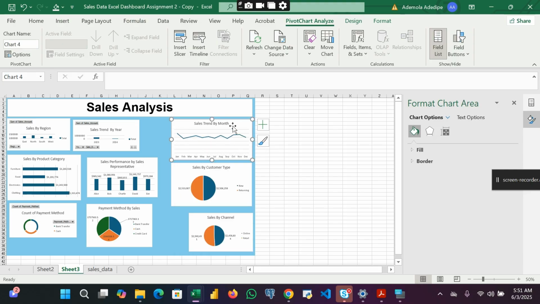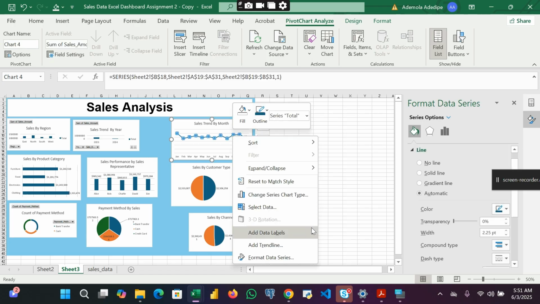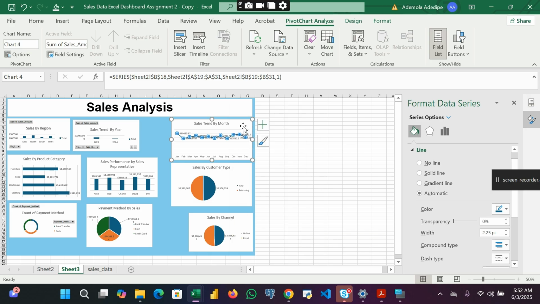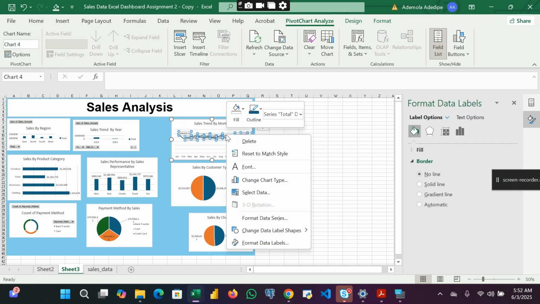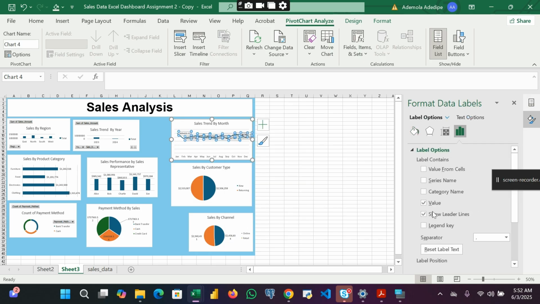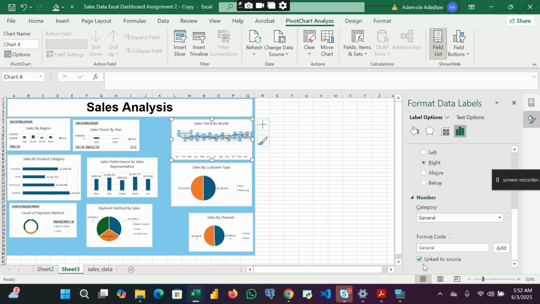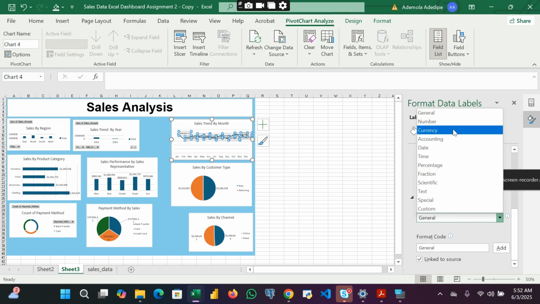I don't really need to add data label here because it will be scattered. Well, let me just show you how you can make your data label visible on a line chart. So you click in here, you click your line, right click on it, add data label. If you see it's very scattered, so you click on that data label, right click on it, make sure you are clicking on data label, then come to format data label, go to numbers, go to currency,